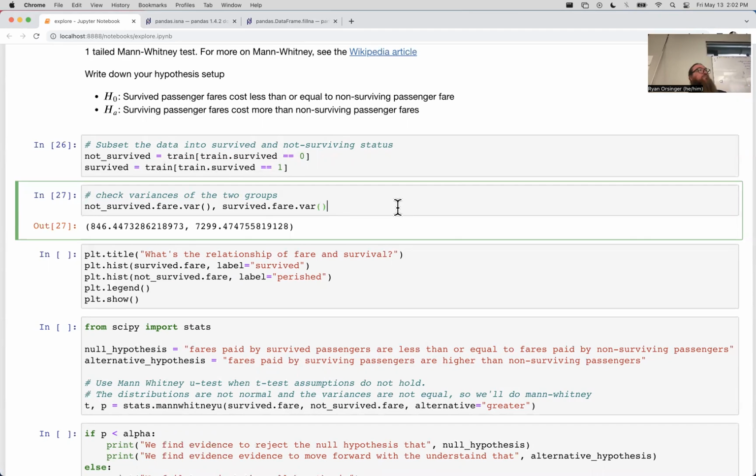How does this test differ from the t-test when you run it with equal variance equals false? Which one would be better? Short answer, I don't recall off the top of my head, because I don't remember the mechanism of the equal variance option underneath the t-test. I still think it's a t-test. It's not dropping into a Mann-Whitney test under the hood. But a Mann-Whitney test, because it's based on less strict assumptions, takes more of a signal in the noise to produce a low p-value. Think of it as a more stringent test.